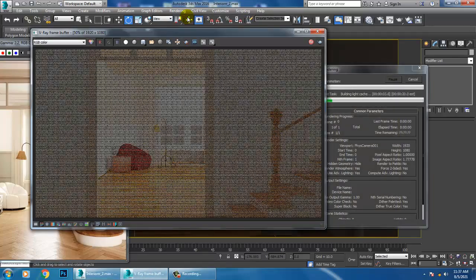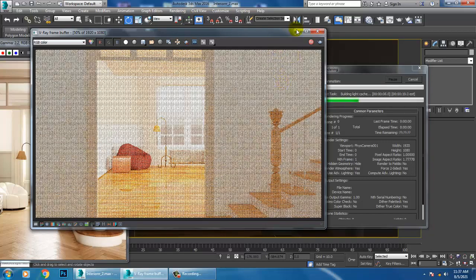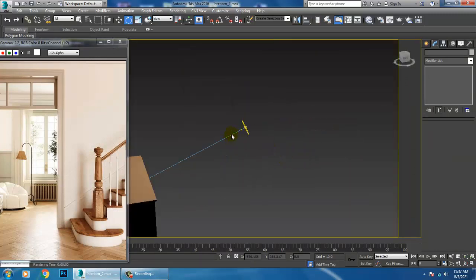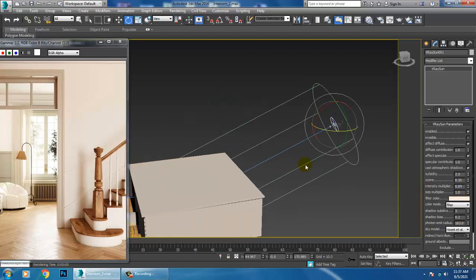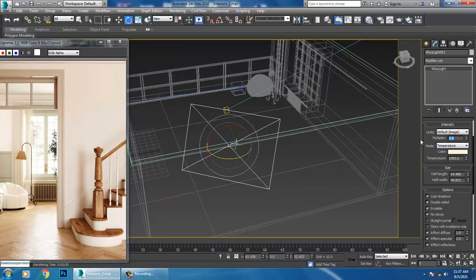Alright, but still, if you see over here, there is a very high intensity. We still need to reduce the intensities. So let's select this, 0.04, and this light we'll keep at 0.8.